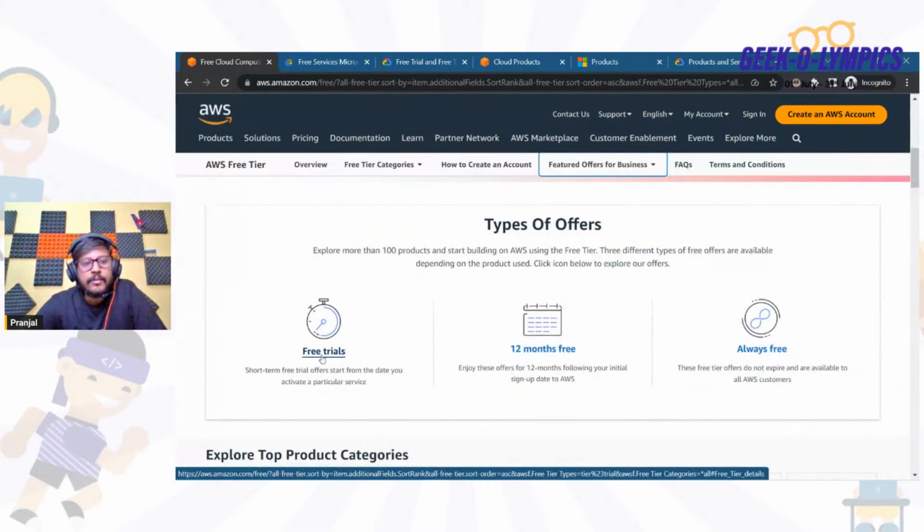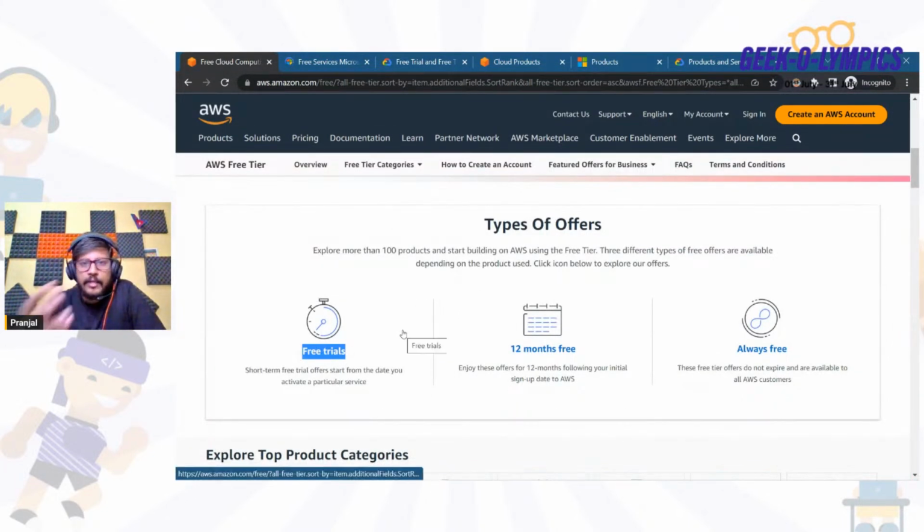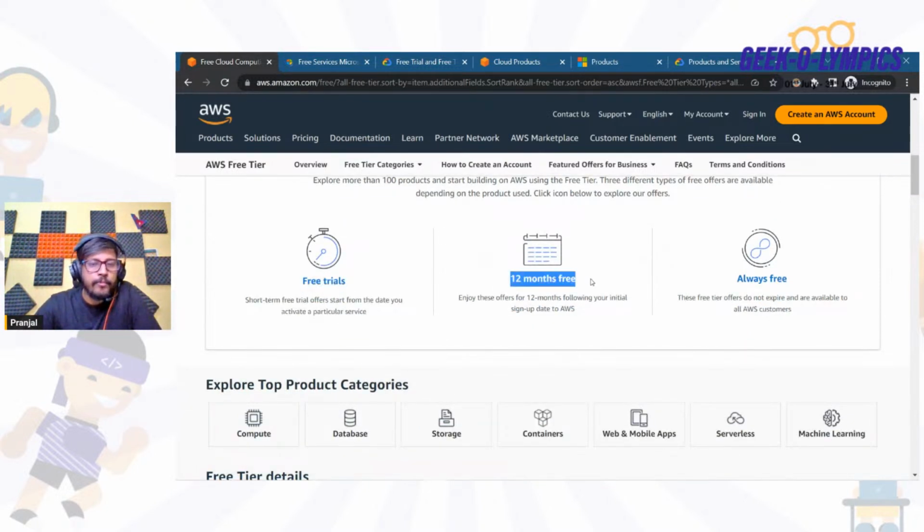Some services are in free trial, valid for 30 days or so. Some services are free only for 12 months, and some services are free all the time. Try to start with the services which are free all the time, because if there is some threshold and you cross it, you will incur a cost. So you have to think in such a way.